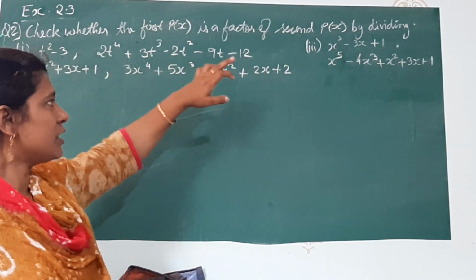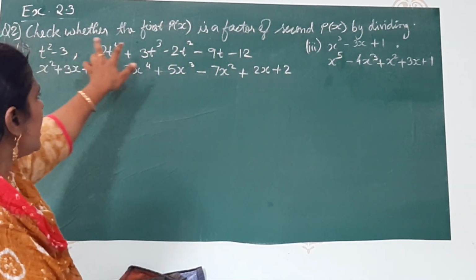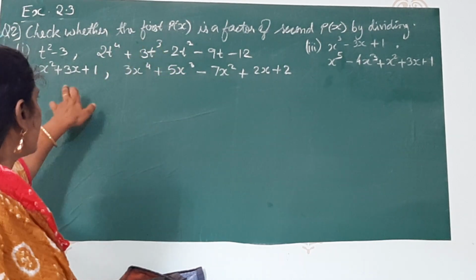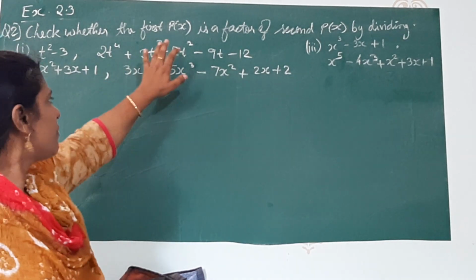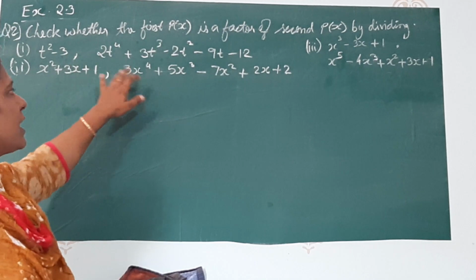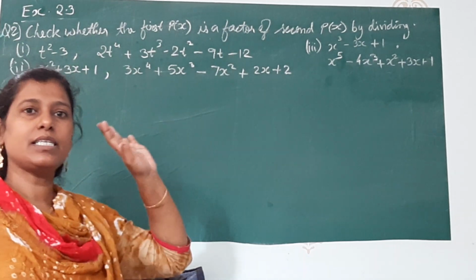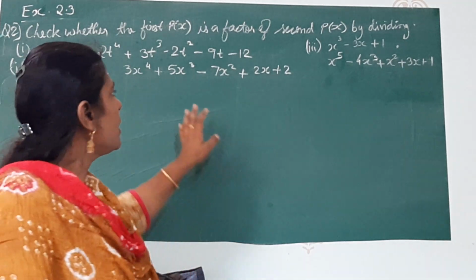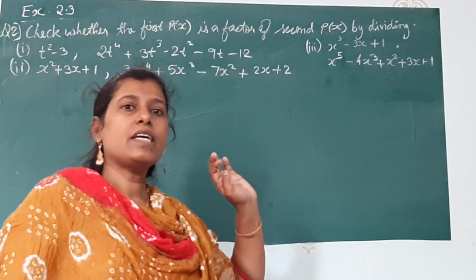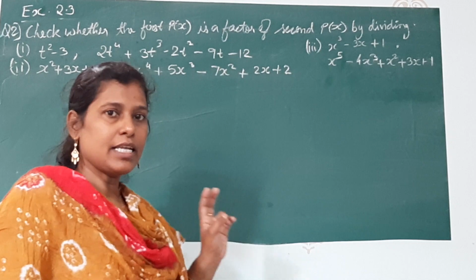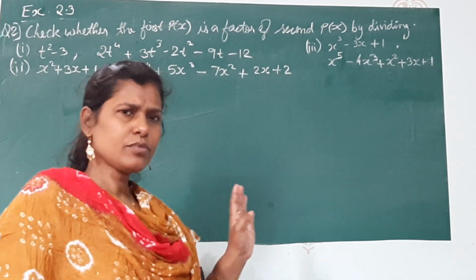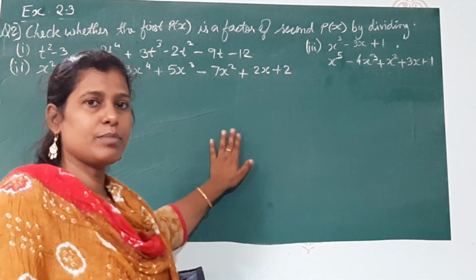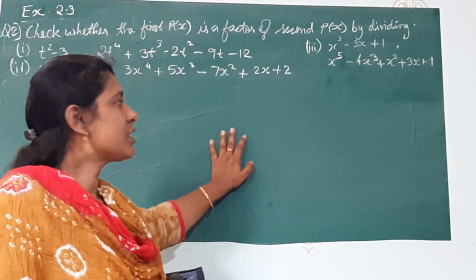There were 3 questions. This is the first polynomial and this is the second polynomial. We have to divide the second by the first one. If it is fully divisible, then it is a factor. If it is not fully divisible, it is not a factor. Okay, there are 3 questions. One I will do for you for practice and the other 2 you will do by yourself. I am keeping the question as it is, you can take it from the video directly. I am not giving you an extra worksheet.